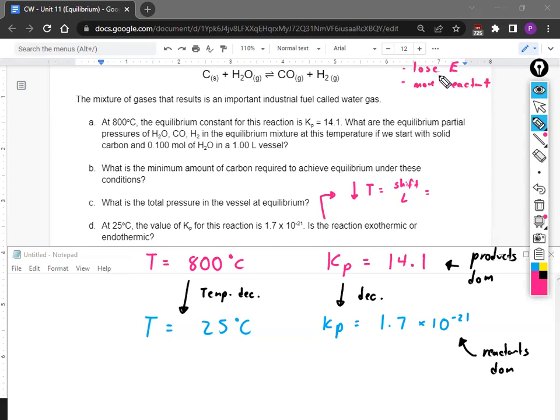So if you make more reactant, is the system making energy or getting rid of energy? It's making energy. It's putting energy into the system. I love the confidence. So that means energy is going to be a